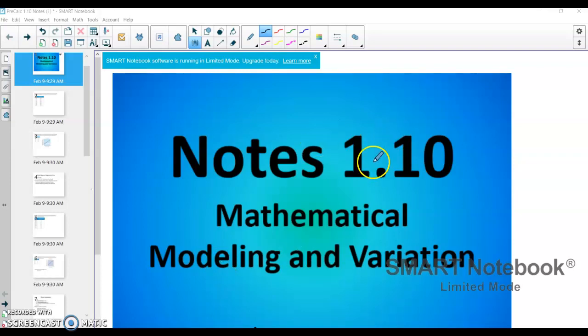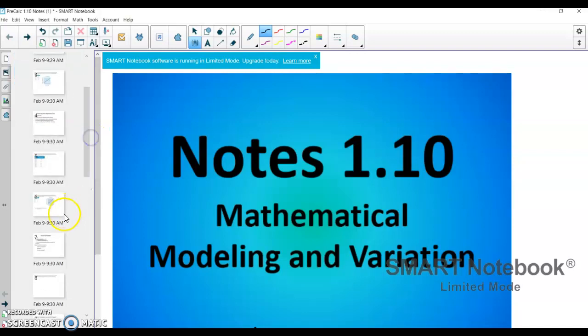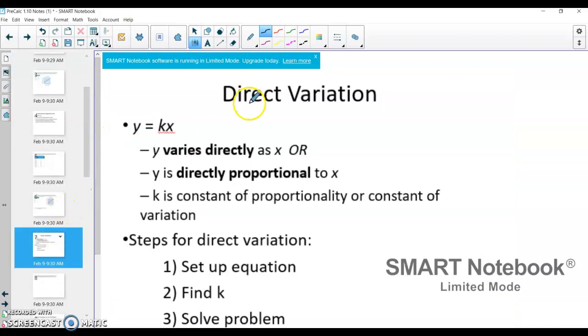Alright, here are the video notes for lesson 1.10, mathematical modeling and variation. We just really focus on variation because we're not tested on the modeling aspect. And so I am going to skip right ahead to the first variation, which is direct variation, which usually is